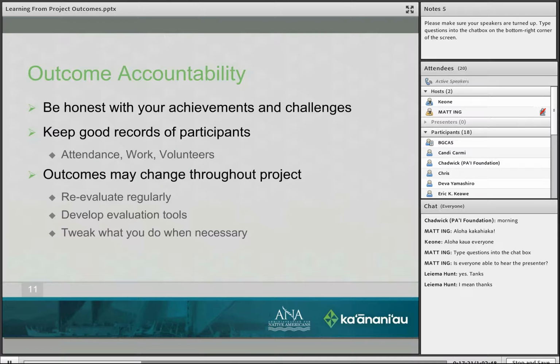And so you need to be very honest with your achievements and your challenges. I mean, really celebrate your achievements and really acknowledge and figure out ways to overcome your challenges. You have to keep good records of participants, their attendance, their work, and their volunteer hours.